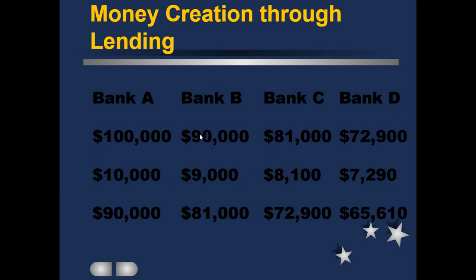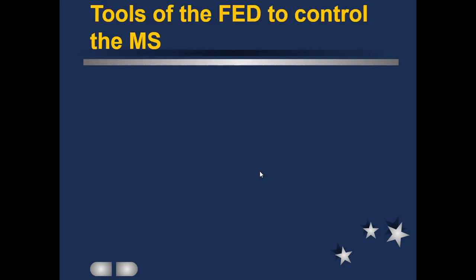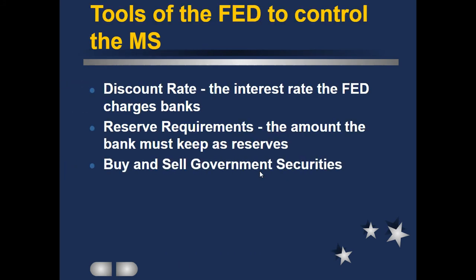So this money is being put out into the economy. The lower this percentage rate is, the more money is put out into the economy. Okay, so that's monetary policy. Another thing, let me skip through some of this stuff. Okay, here we go. So tools that the Federal Reserve uses: we just talked about the reserve requirements.